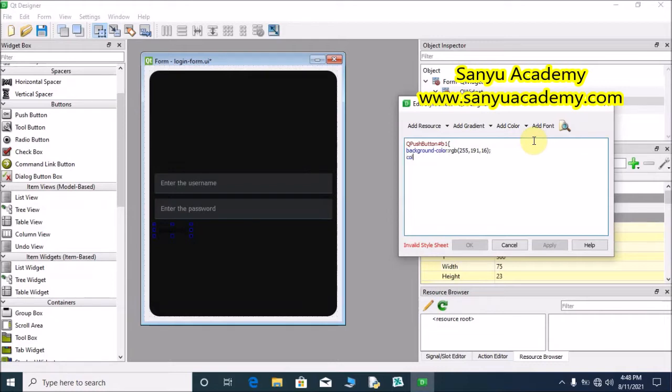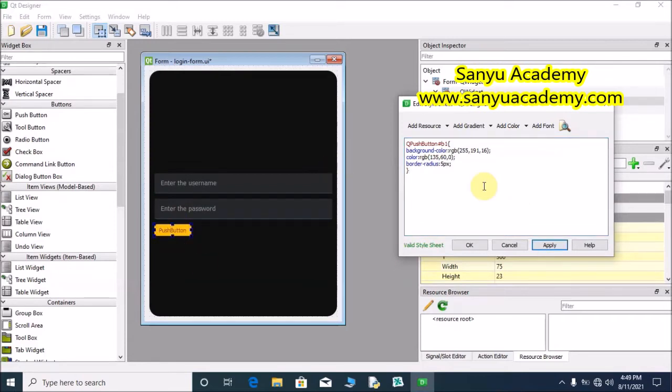Set the color: rgb(135, 60, 0); Give the border radius, border-radius: 5px. Click apply. Close the brace. Click apply. Now we can see the button is modified.